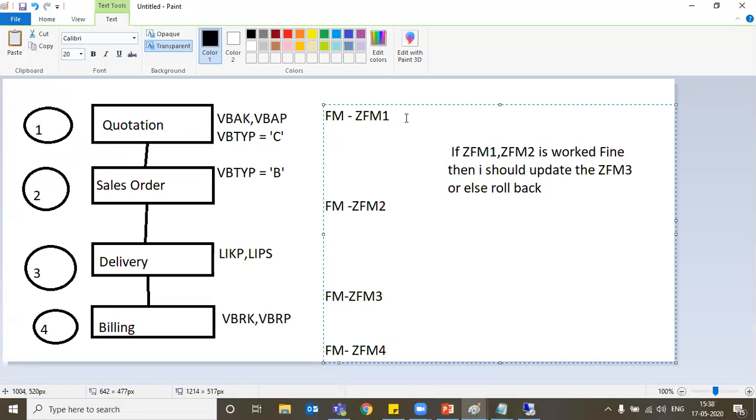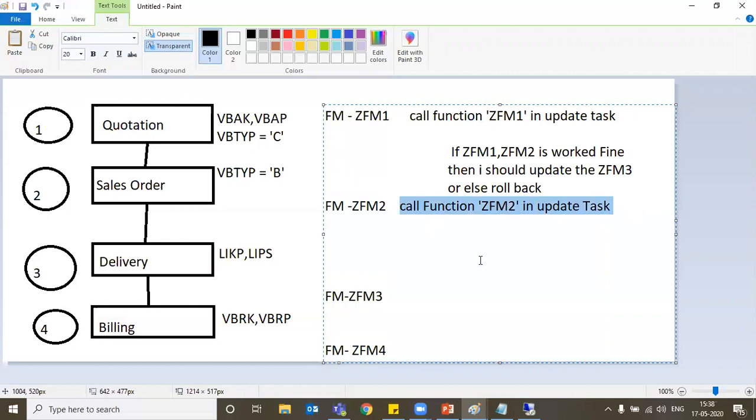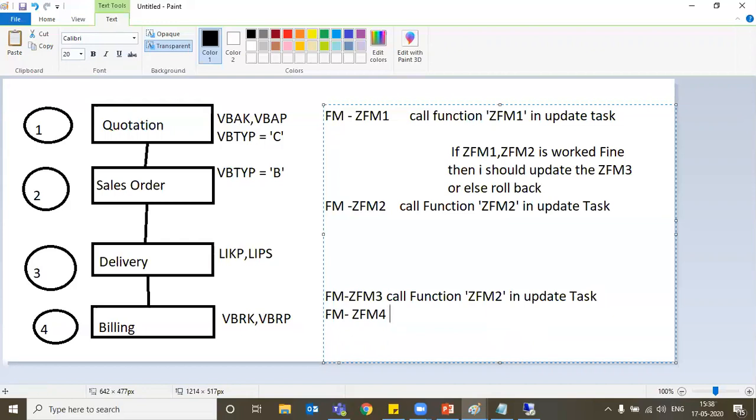So at this level I will write CALL FUNCTION ZF1 IN UPDATE TASK, then same way CALL FUNCTION ZF2 IN UPDATE TASK, and the same way for the others.